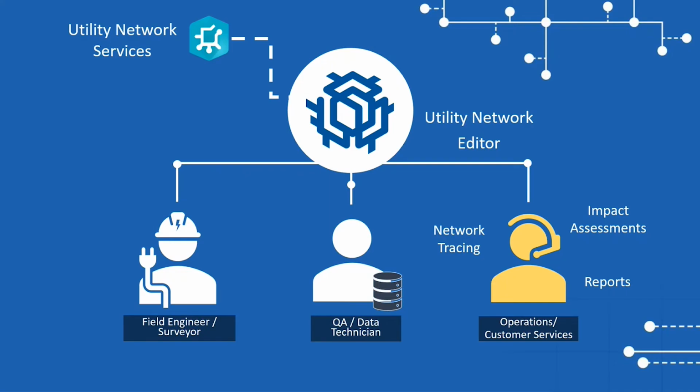Finally, we will look at an operations team user group. These users will be collaborating with workers in the field in order to quickly assess the impact of any unplanned incidents and proactively work to contact customers who might be affected. In this section, we will be examining in detail the power of network tracing and having such a well-managed and accurate dataset. So for our final task, we are going to jump back to the utility network,